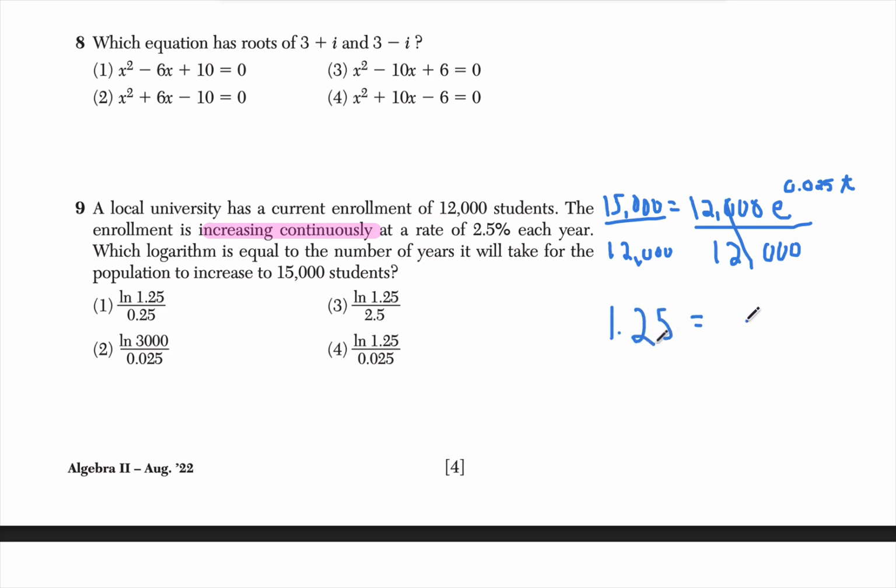is equal to e raised to the power of 0.025t. Now I want to get this down because I can't do anything with it yet. That means I want to take the natural log, because the natural log is the inverse of e. So if I take the natural log of both sides, this becomes 1. I now have